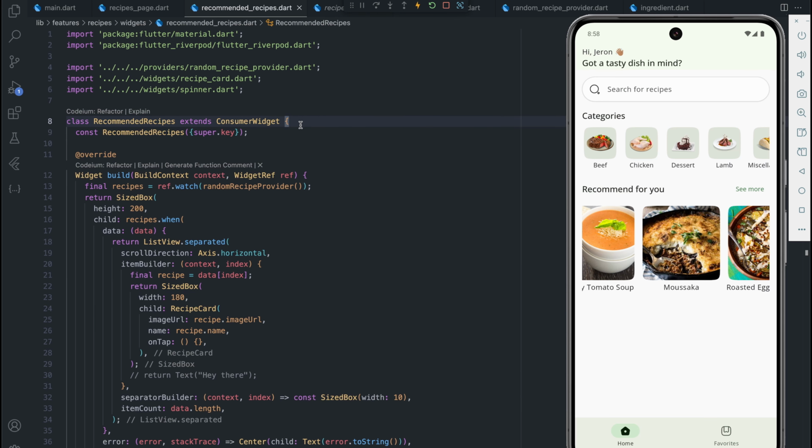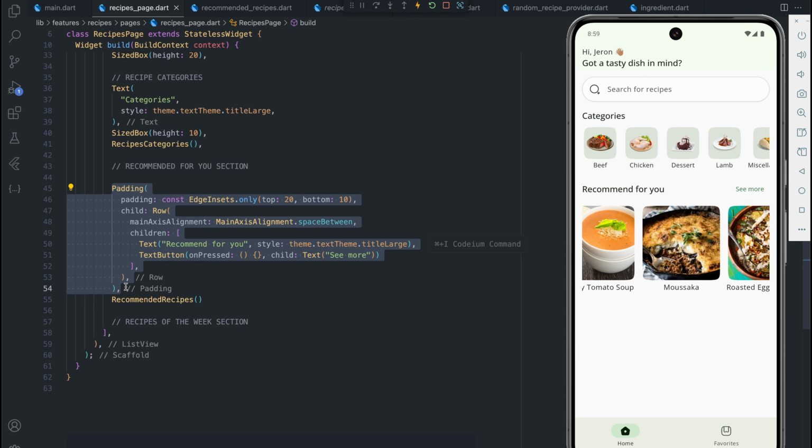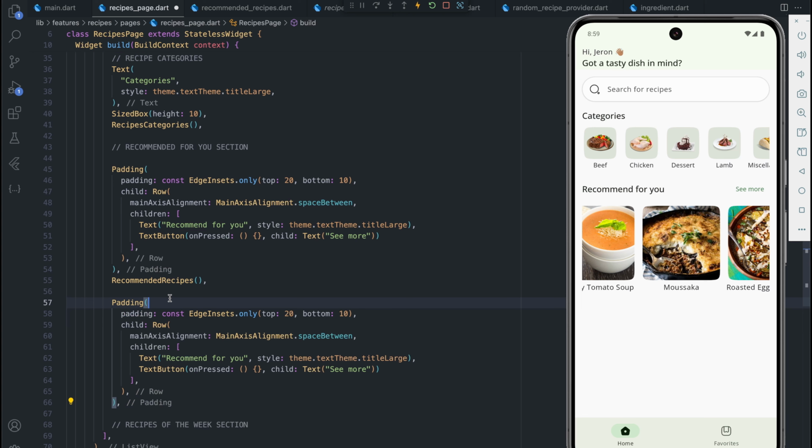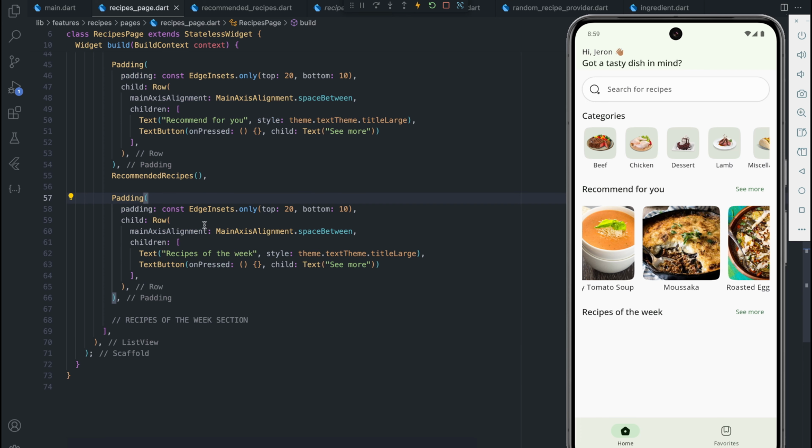Now back here, I'm going to duplicate this section over here. So copy and then paste this, and instead of it saying recommended recipes for you, we are going to put recipes of the week. So recipes of the week here. Now instead of recommended recipes, we are going to also have recipes of the week widget,